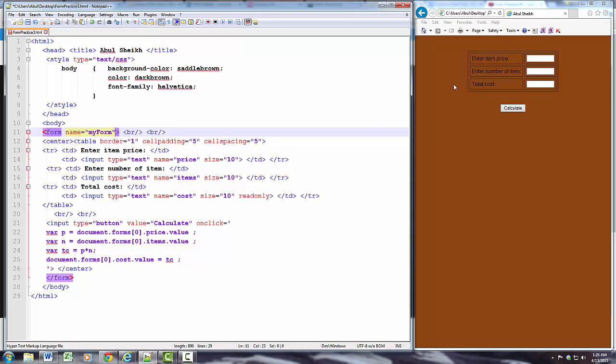Then if you named the form, then you don't have to address it as forms of 0, forms of 1, like that. You can address them as myForm. So document, then go to myForm, and instead of forms of 0, you would be calling myForm. Okay. Some people prefer it that way. It's given a name instead of forms of 0, forms of 1, forms of 2. It doesn't really mean which one you are talking about. Suppose this one deals with one set of data, so you give the appropriate name. Okay. That shouldn't, however, change the functionality of the program at